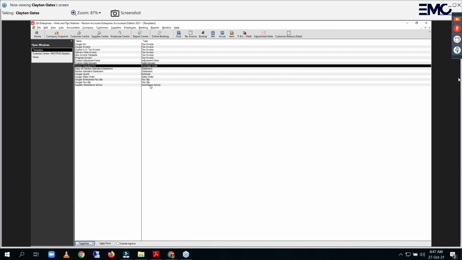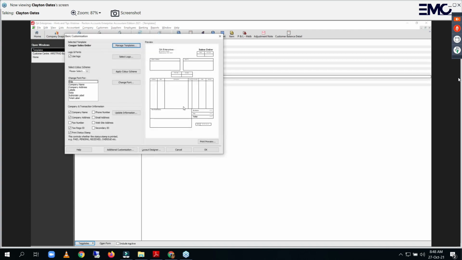We often get the question, this is on page 79 of the workbook, answer sheet number 313: how can I make the template that comes out of Reckon look a lot more like a Word document? Not so static, not so many lines, not so invoice template looking, because the standard templates are very boxy to start with. So if I look at a sales order here, and we've got all of these columns in here,